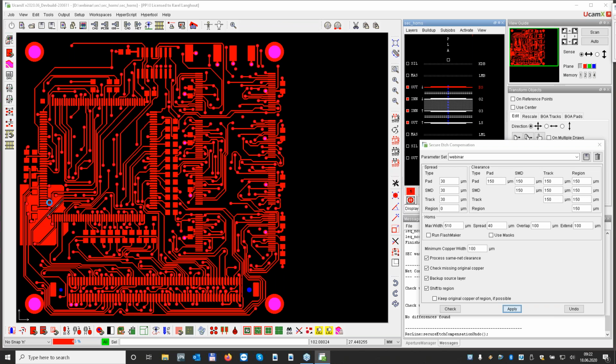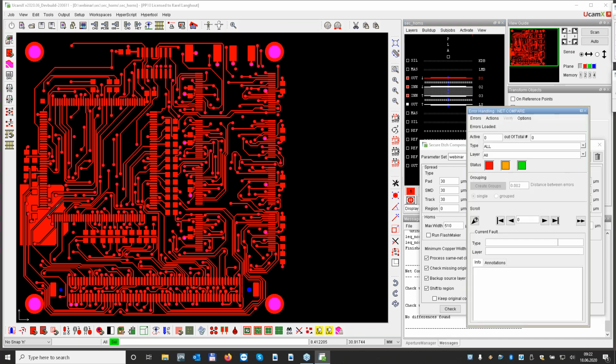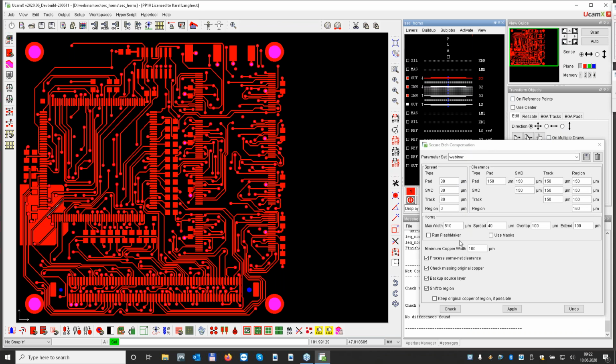What it actually does now is that it says, okay, I prioritize my pads, SMDs, and tracks over the region. It's done, by the way, now. So I actually get a message that there's no errors. It does a net compare. Okay, so we're good, I would say. So I click this away, then we can see this again. So we have the shift to region.